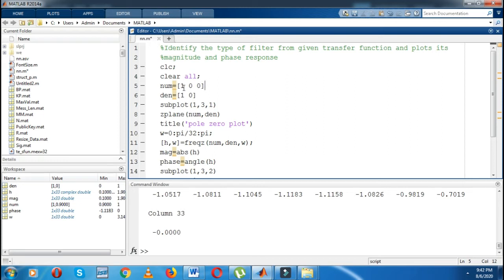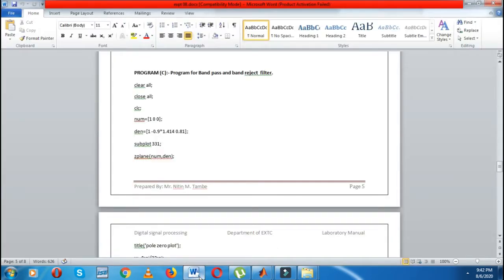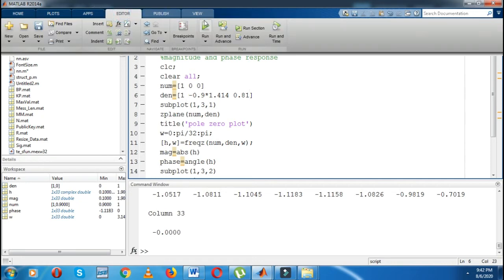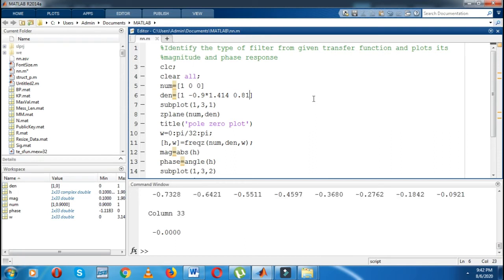You have to take a numerator 100 minus 0.9 into 1.414 and 0.81. So these are the numerator and denominator coefficients for an IIR band pass filter. Just go to the editor option, and click on run.